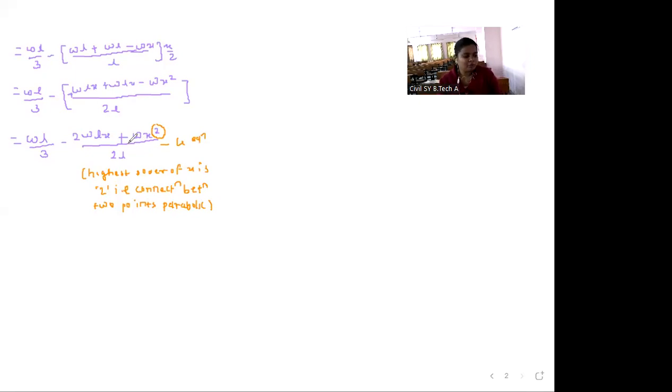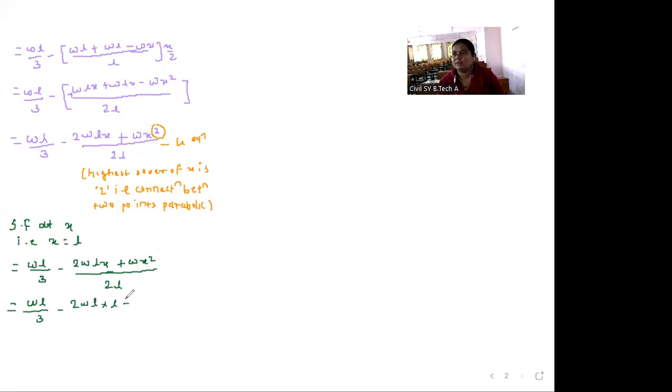After that, we will find out the shear force at X which is equal to L distance. That is, we will put X equal to L in this general equation. Our general equation is WL by 3 minus 2WLX plus WX square divided by 2L. Instead of this X, we will put L because we are going to find the shear force at L distance. So WL by 3 minus